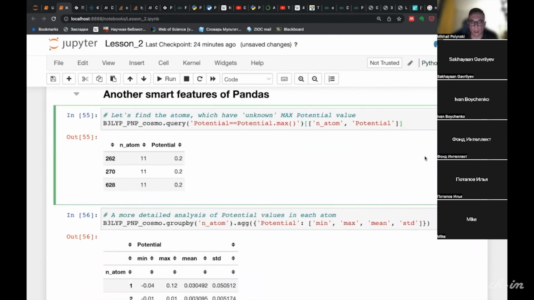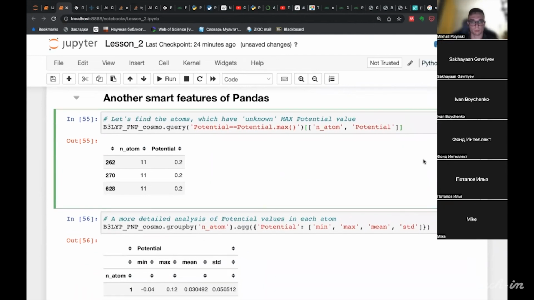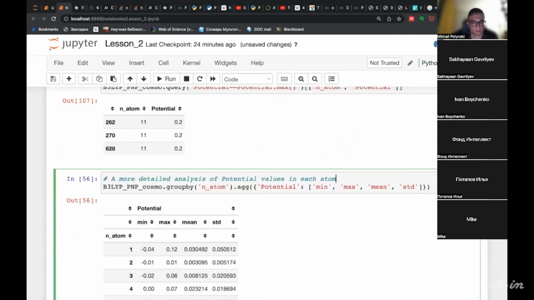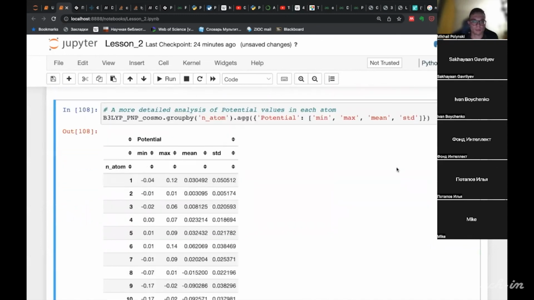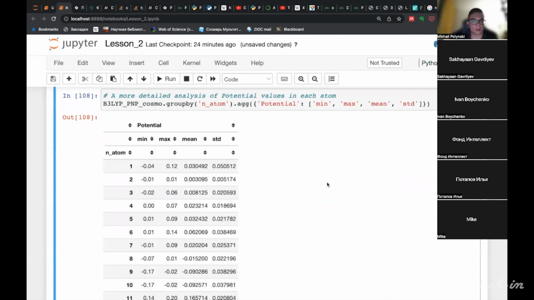We also can use Pandas to do some statistics on the data frame.